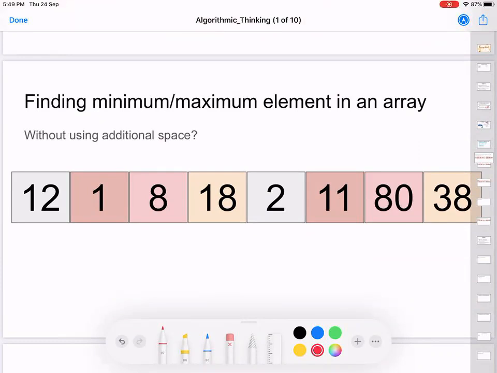We have already done this. Ma'am, if time is not a constraint, we can just sort the array and then the last element will be the maximum element. Okay, if time is not the constraint, we can sort this array. So how much time will sorting take? If you use the best sorting algorithm, n log n. So it's order of n log n, right? Can we do it in better than n log n?